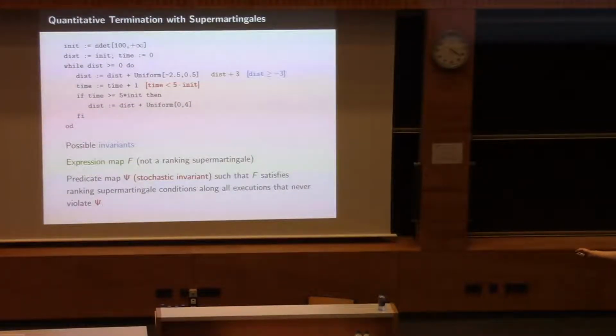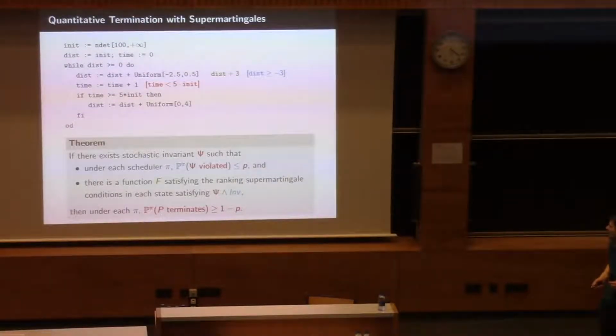Now, of course, this additional assertion is no longer a program invariant. There are executions that violate it. But there is surely some upper bound on the probability that this assertion is violated. And hence we call such assertions stochastic invariants. And I think you might now start to recognize how we actually use this stuff.